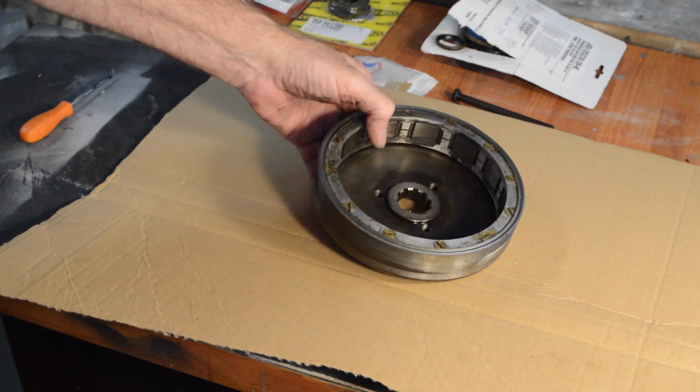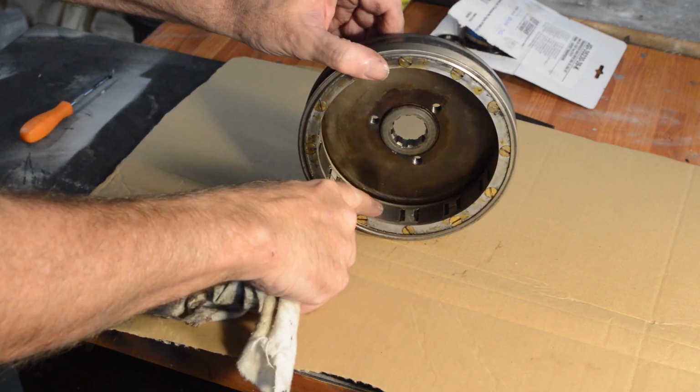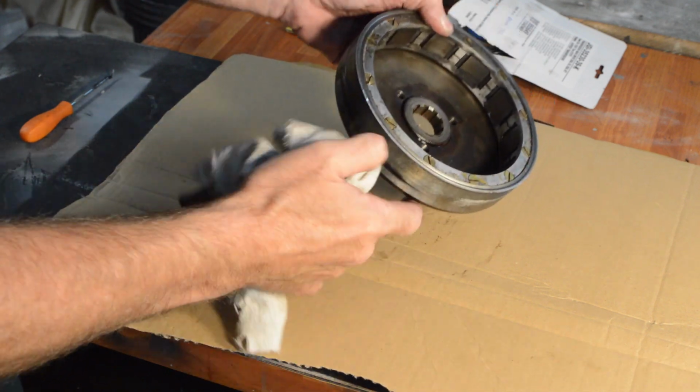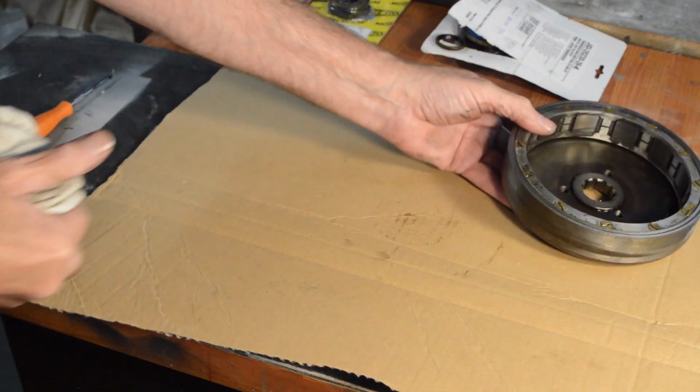I've only wiped, haven't cleaned it yet. But it all looks good. Everything seems to be clean, no gouging. No, I'm happy with that. Once that's cleaned up, we'll be going back on. It looks absolutely fine. And then our